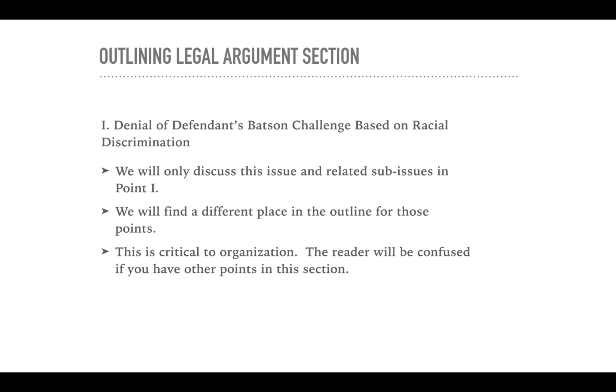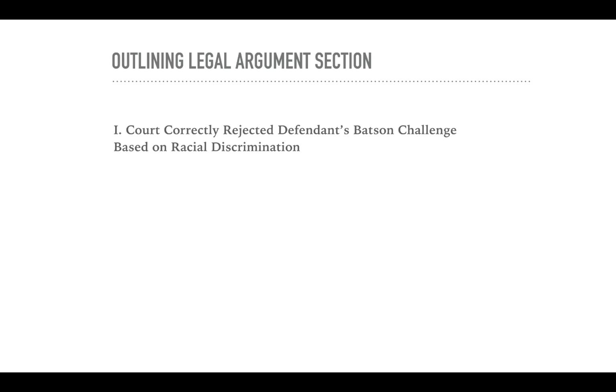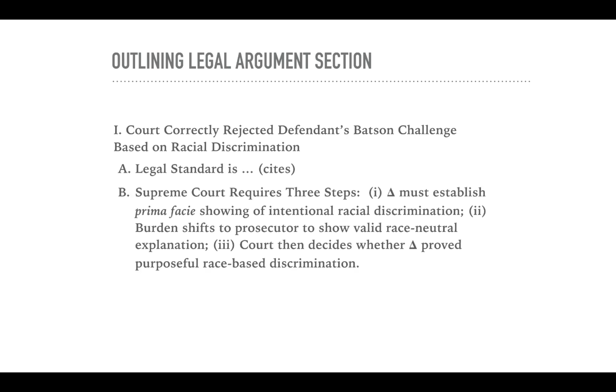juror based on race. So let's continue, and again we are focusing on the sample assignment referred to earlier in this video. And we'll say that our first major point is that the district court correctly rejected the defendant's Batson challenge based on the prosecutor's alleged racial discrimination. The first thing we might want to put down is a subheading on by what legal standard this decision should be reviewed. And a logical second subheading would be the Supreme Court process that we learned about, in which first